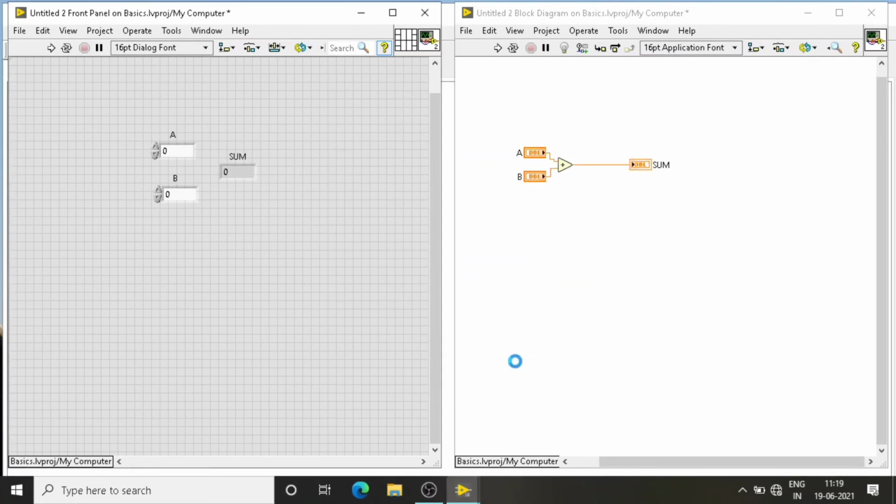Now our program file is saved. You can see our file name at the top of the toolbar. Now we will run the program.